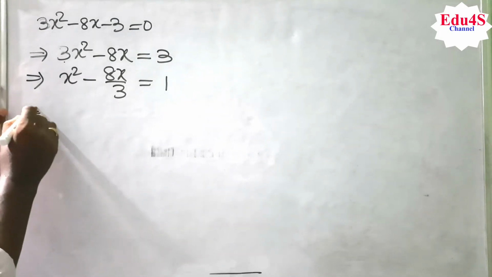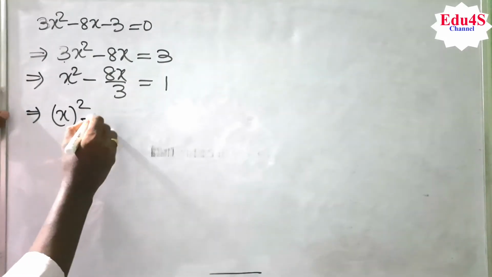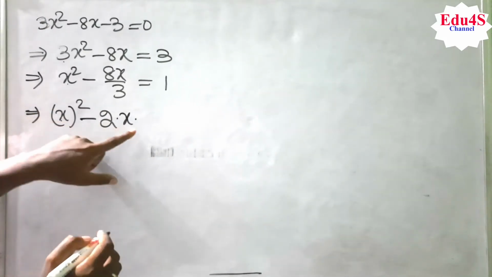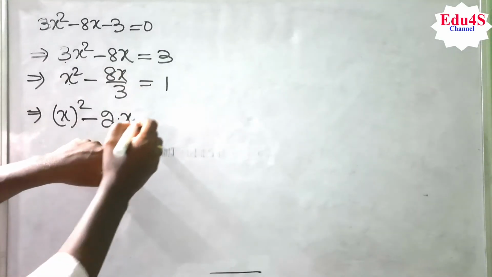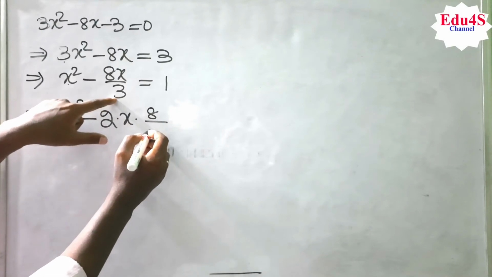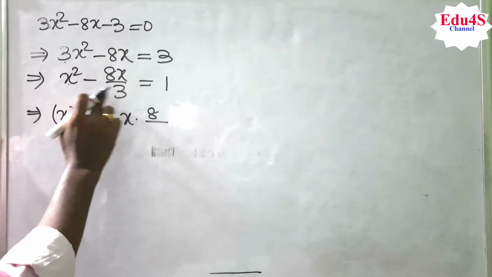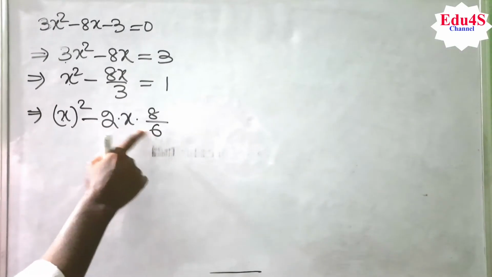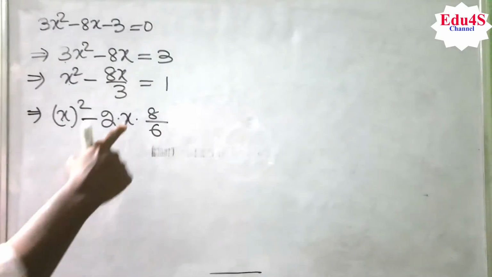So what will we do? First of all, write this one as a square. So this is our a. Then you write minus 2ab. Minus 2 into a is how much? x here. So b you have to choose so that you will get this term. So what will I write here? I will write 8, and in the denominator 3 is here. So you multiply this 3 with 2. We will get 6. So now if you multiply, you will get 2, 3, 2, 6, the 3 will be cancelled. So you will get this term. So this is our b.